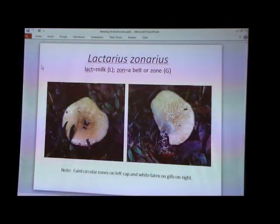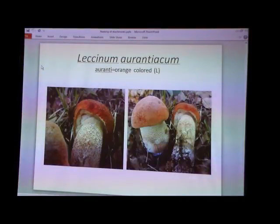And Lactarius zonarius, it has the zones on the left side. You see on the cap the zones, and as you can see on the right, it's got the milk, the latex. This is Lactarius aurantiacum, and somebody was asking me,